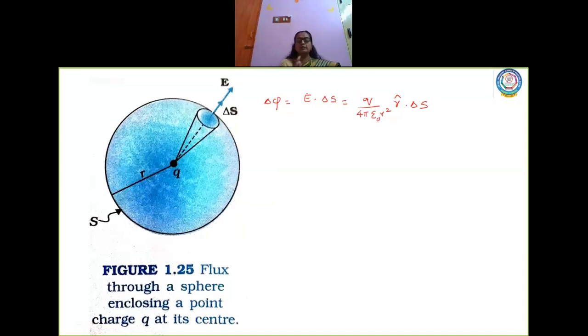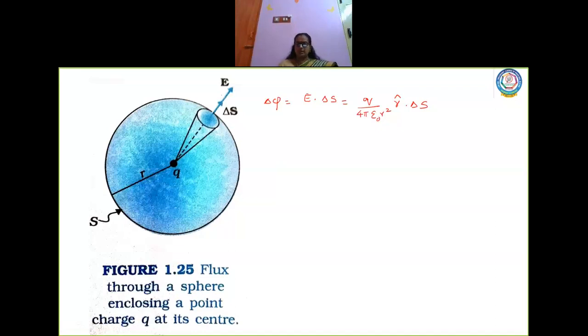Okay, all these concepts we have discussed in electric flux. What is area vector, all these concepts we have discussed. So you have to remember this, otherwise you will not understand this. So there are two arrows here. You should understand why these two arrows are. One is the area vector. The other one is the electric field vector. Both act in the same direction, which makes the value of theta to be 0.